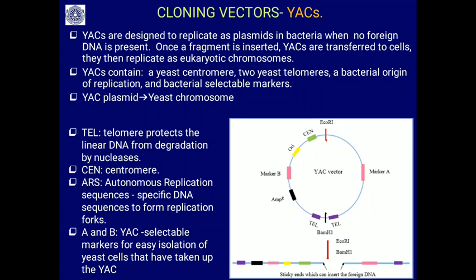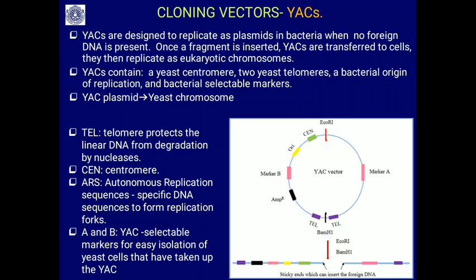So YACs contain a yeast centromere, two yeast telomeres, a bacterial origin of replication, because we are sending this to the bacterium. So the bacterial origin of replication and a bacterial selectable marker. Then you can see if it is in the bacteria, it behaves like a plasmid. Remember, you know how the plasmid will behave. So then when it is in the yeast cell, it behaves like a chromosome. So this is the advantage of this,